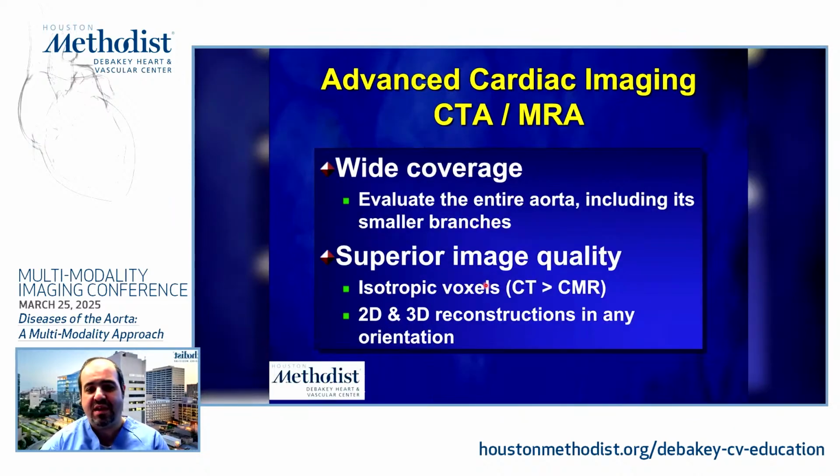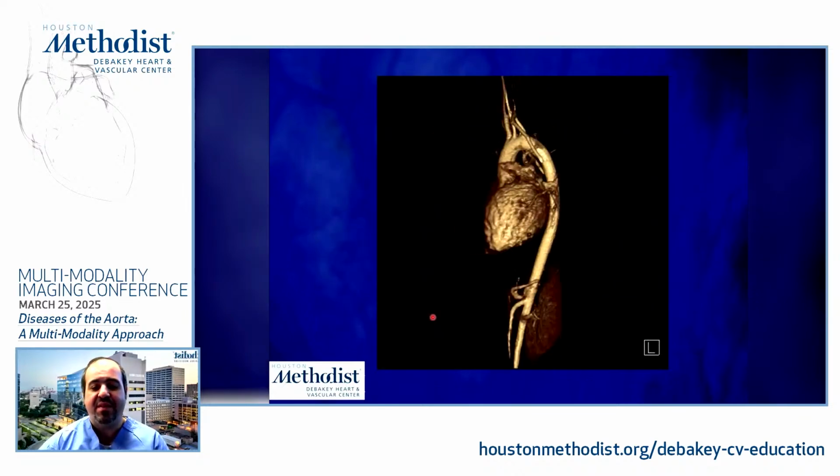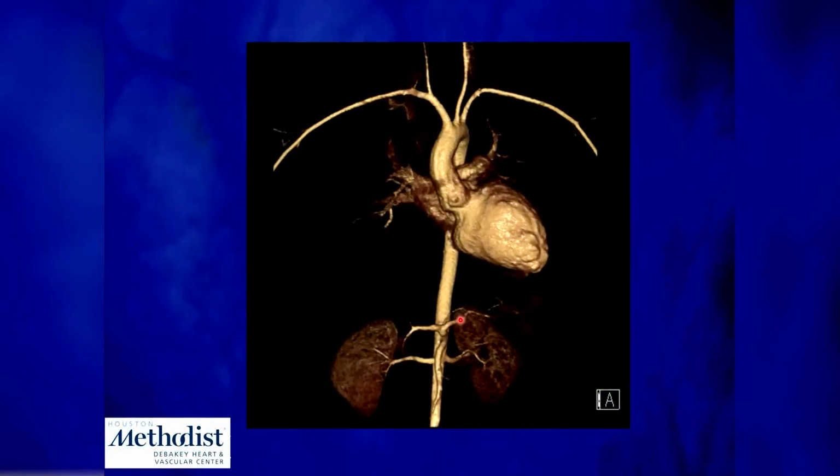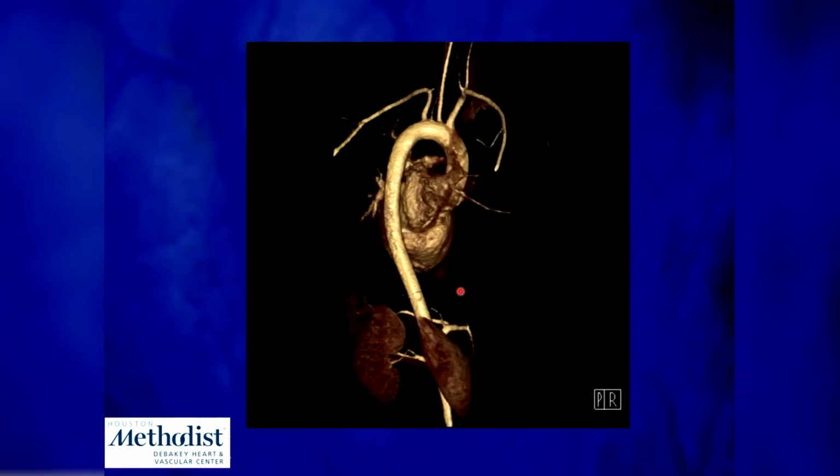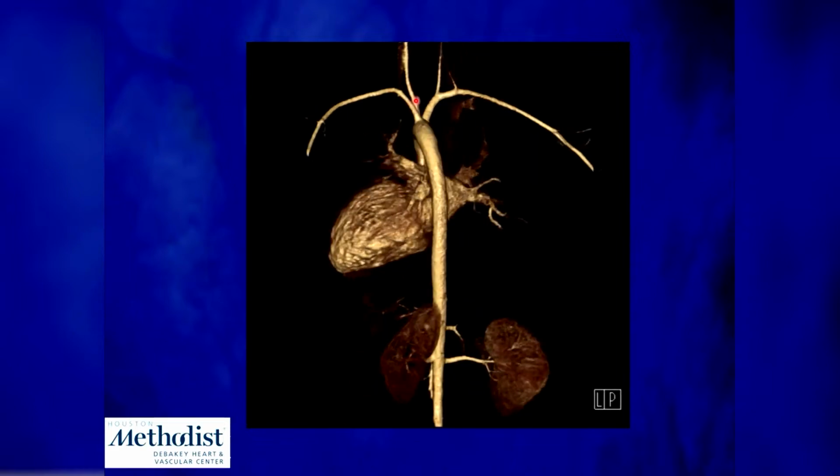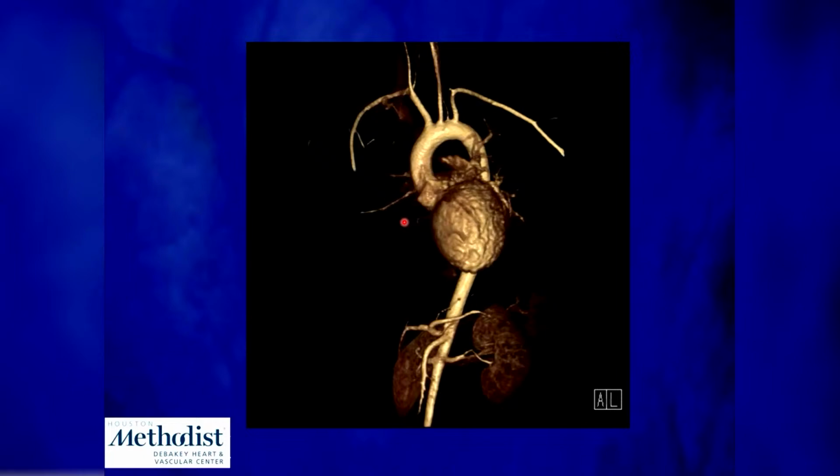And the role for advanced cardiac imaging, particularly CT and MR, is that it provides a wide coverage field of view where you can evaluate the entire thoracic aorta with excellent image quality. You typically have isotropic voxels with CT/CMR, but you can also acquire a 3D volume data set by which it allows you to reconstruct the aorta in any plane. This is a rotating 3D magnetic resonance angiography of the aorta along with its brachiocephalic, subclavian,